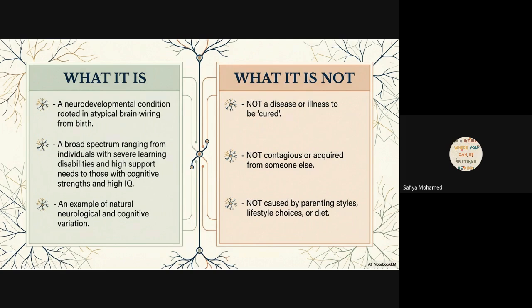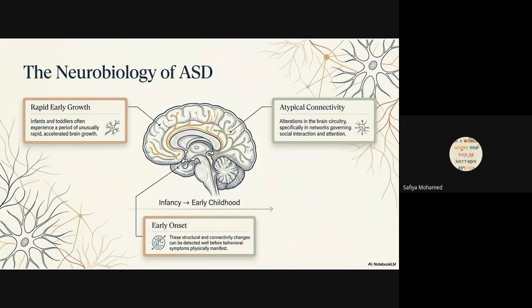my attention. All right. Now we're speaking about the neurobiology, what happens in the brain of an autistic person. ASD, autistic spectrum disorder. Okay, so it can either be a rapid early growth, where infants and toddlers often experience a period of unusually rapid, accelerated brain growth. That means it could be that the brain grew too fast. Then we have atypical connectivity, and that is alterations in the brain circuitry, specifically in networks governing social interactions and